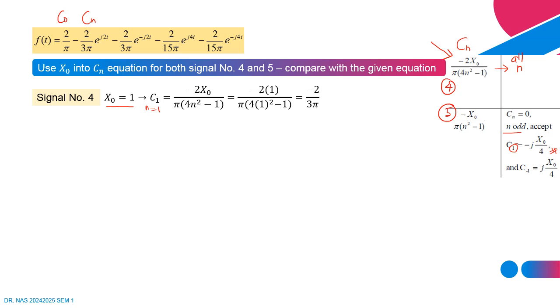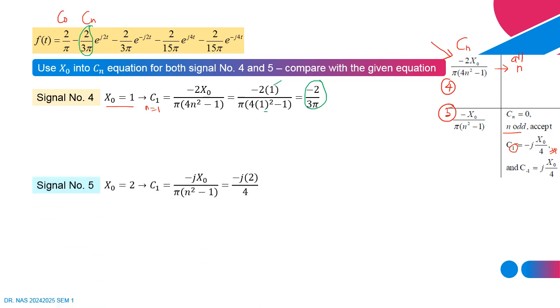In this case, C1 equals negative 2x0, in which x0 equals 1, divided by π(n²-1). With n equal to 1, you get the answer equal to negative 2 divided by 3π. If you compare this one to this one, it is more or less equivalent, or similar,